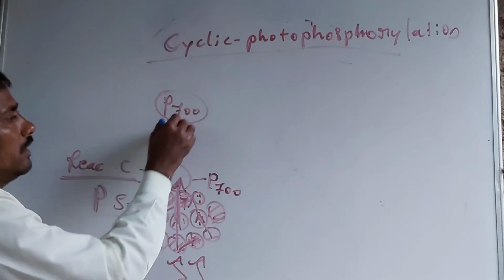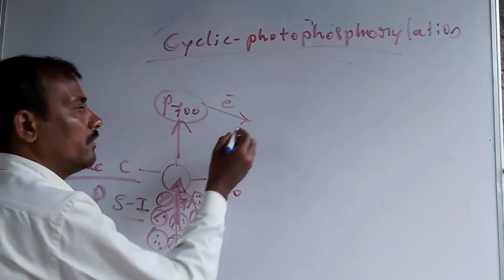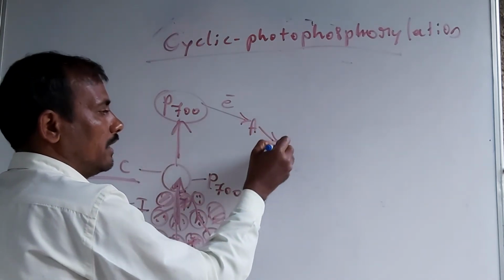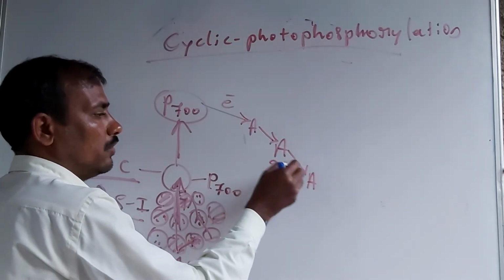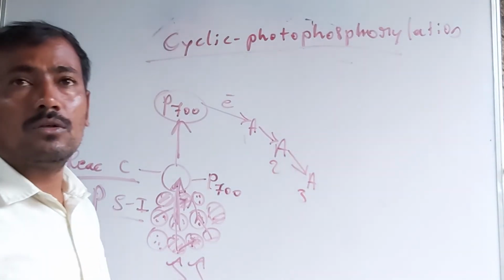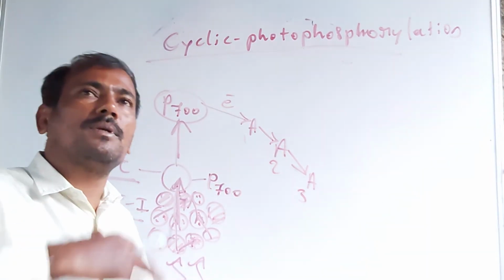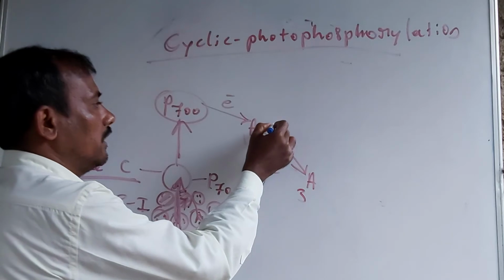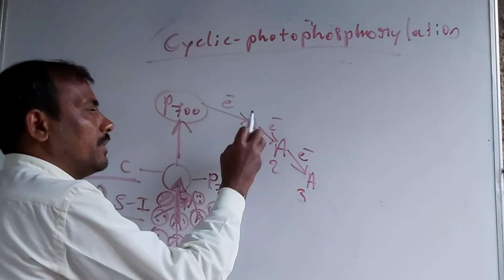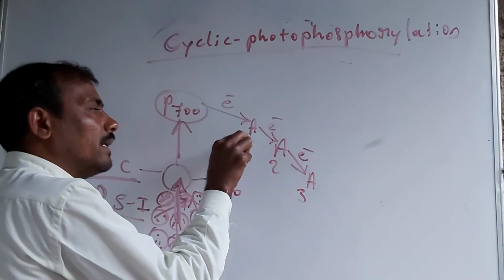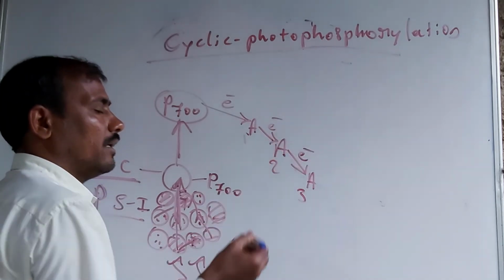Now it gives out an electron. This electron moves from one electron carrier to another electron carrier, like that. A1, A2, A3, unknown enzymes, act as the electron carrier molecules. They pick up the electron and transfer it to the next. So here the electron is accepted by one unknown enzyme, and later on it is transferred to the other. Again it is accepted, and again it is transferred, like that.